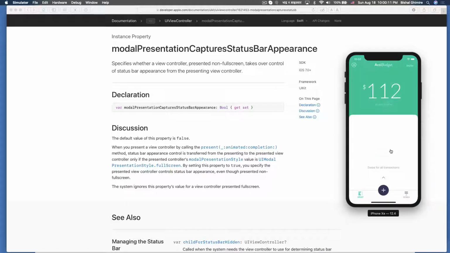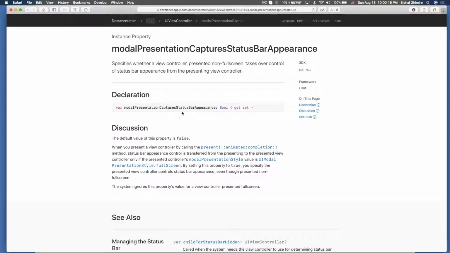So the issue is, normally what we do in code is that we don't use modal presentation capture. It's like this is the missing part in the documentation. It's in the documentation but no one talks about it, and it's very difficult to find online on Stack Overflow